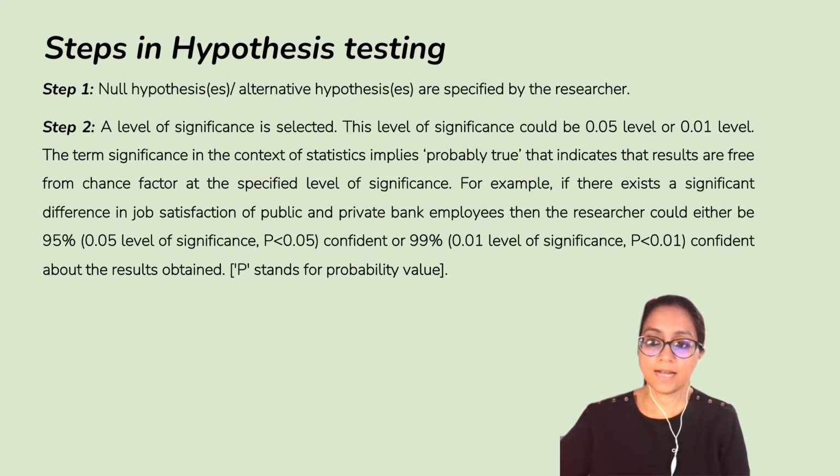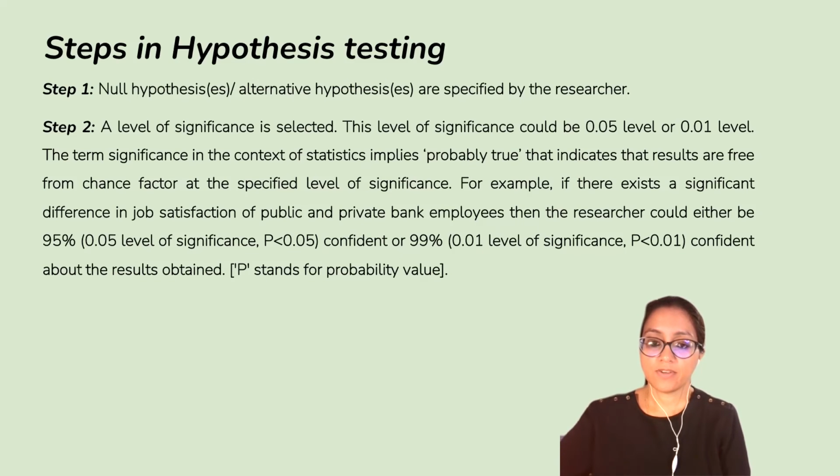Okay, that indicates that results are free from chance factor at a specified level of significance. What does the term significance indicate? That probably true means that the results are free from chance factor. For example, if there exists a significant difference in job satisfaction of public and private bank employees, then the researcher